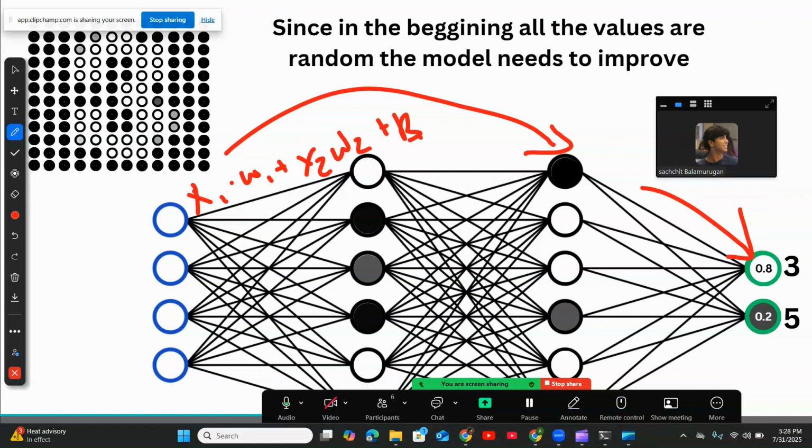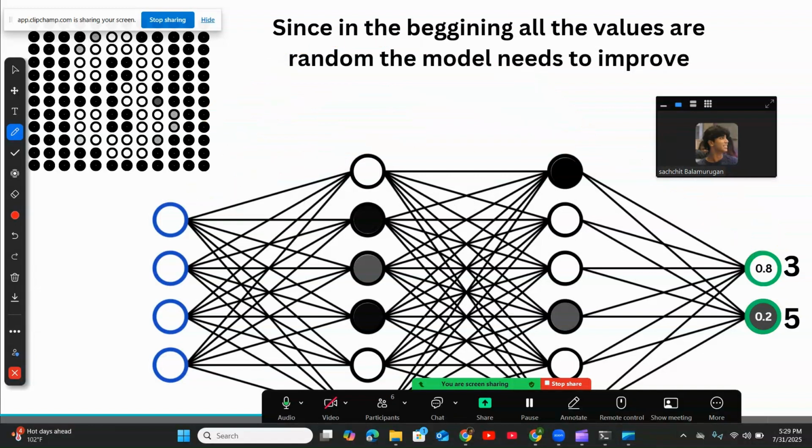Backpropagation is where now it needs to fix itself. It needs to go backwards and optimize those values. Now that it understands what it needs to change by, that's the gradient. The backpropagation gives its gradient, and we can use functions like Adam or gradient descent to now optimize the